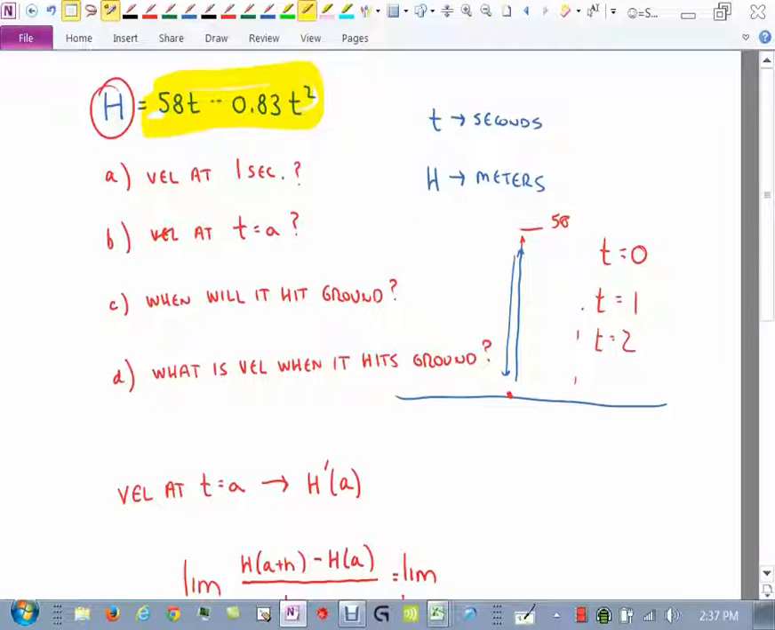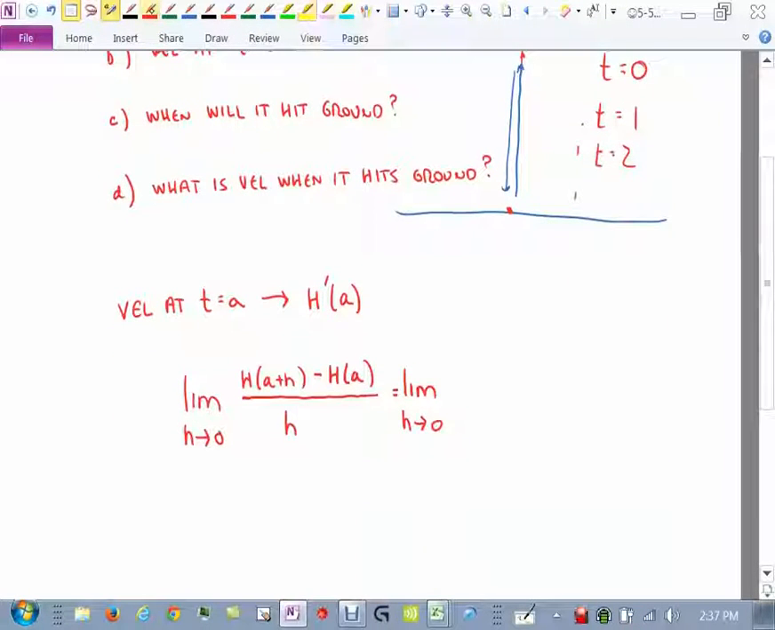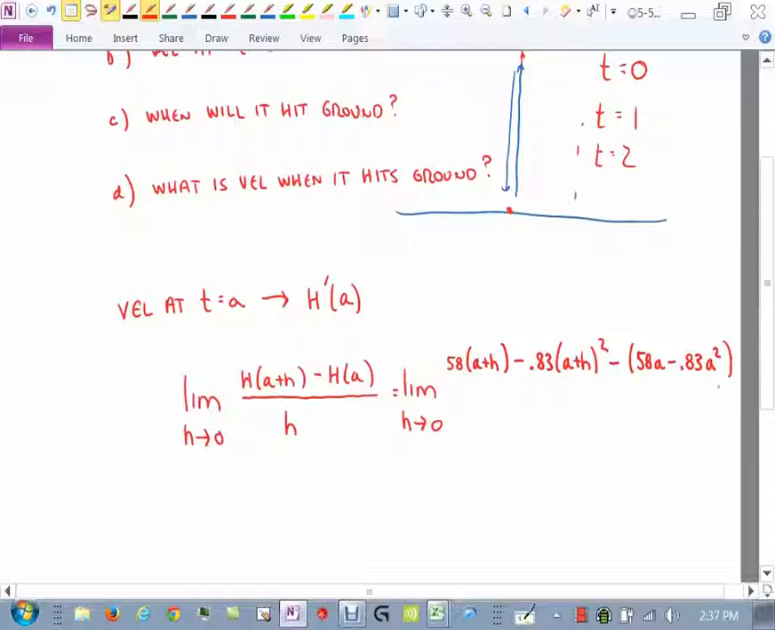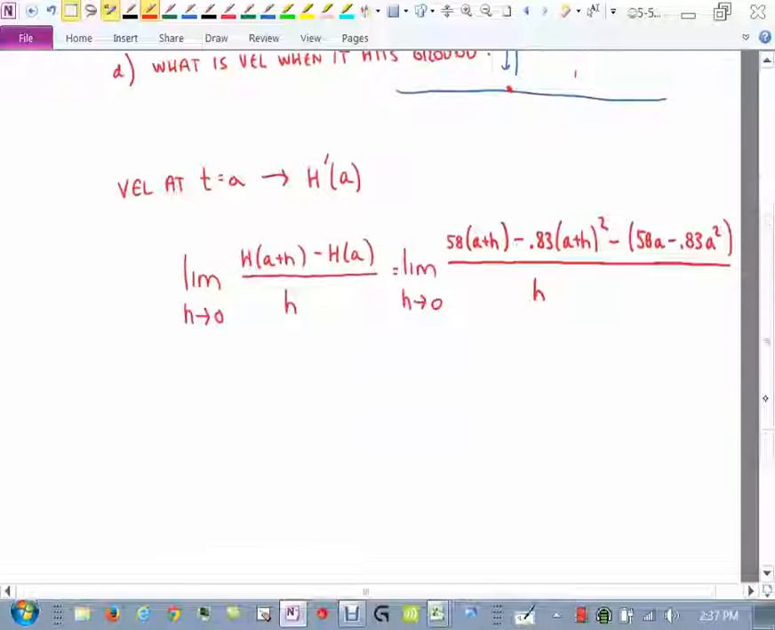So we should get 58 times a plus h minus 0.83 times a plus h squared, then minus, what is f of a? Well, f of a is 58a minus 0.83 a squared, then all of that divided by h. Now I'm going to save you some time. I'm going to just write down what all that is. You have to multiply this out, distribute. You'd have to expand that, then distribute, and then distribute the negative through here. If you do all that,